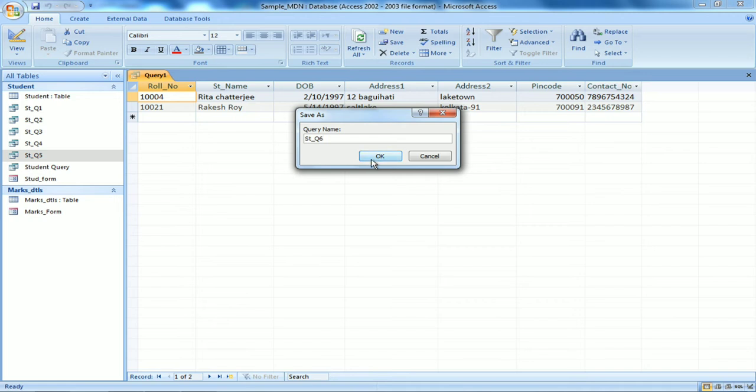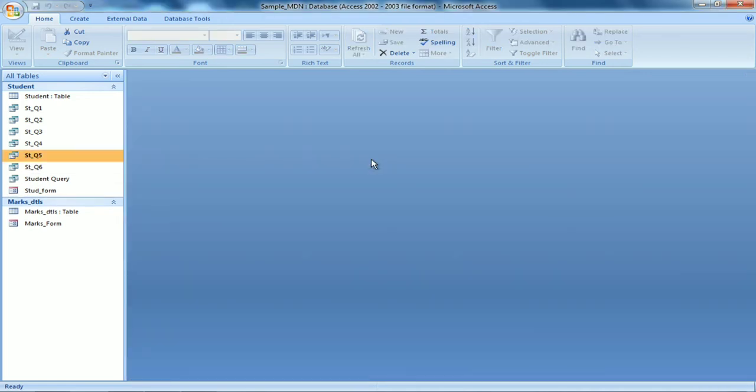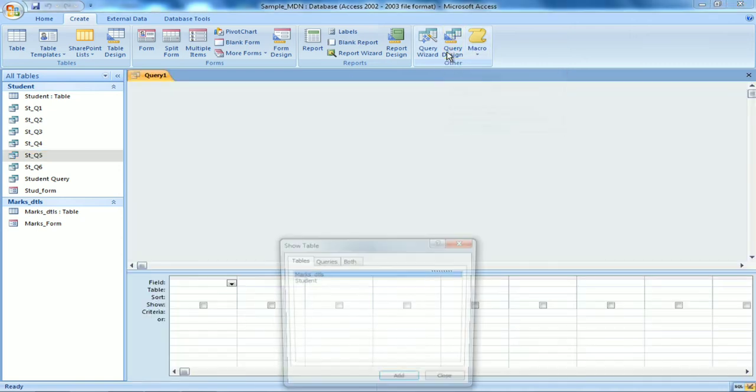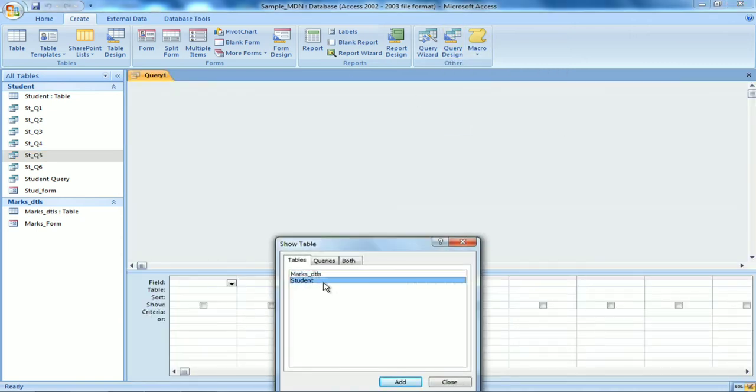Now let's do something with the marks details table. So long we have only handled a single table. Now we'll show you how to handle two tables together using query. Create, query design. Now in this case both the tables you have to select. Add, click on mark details, add, close.